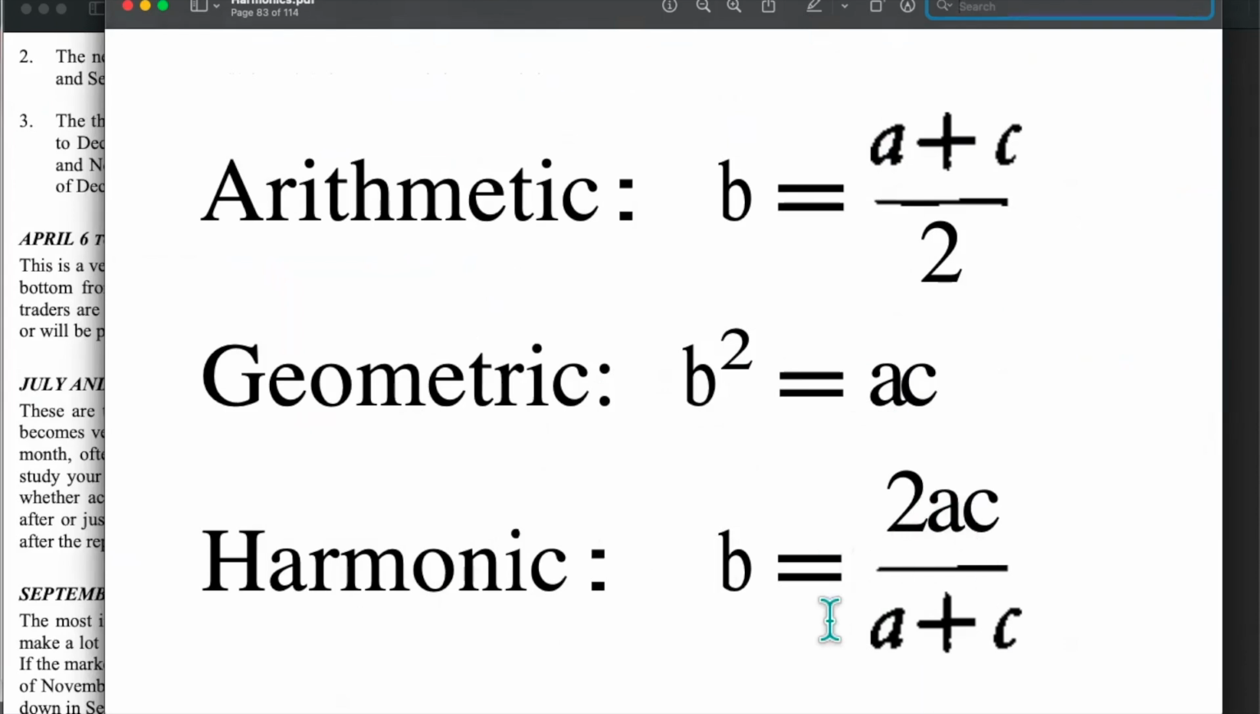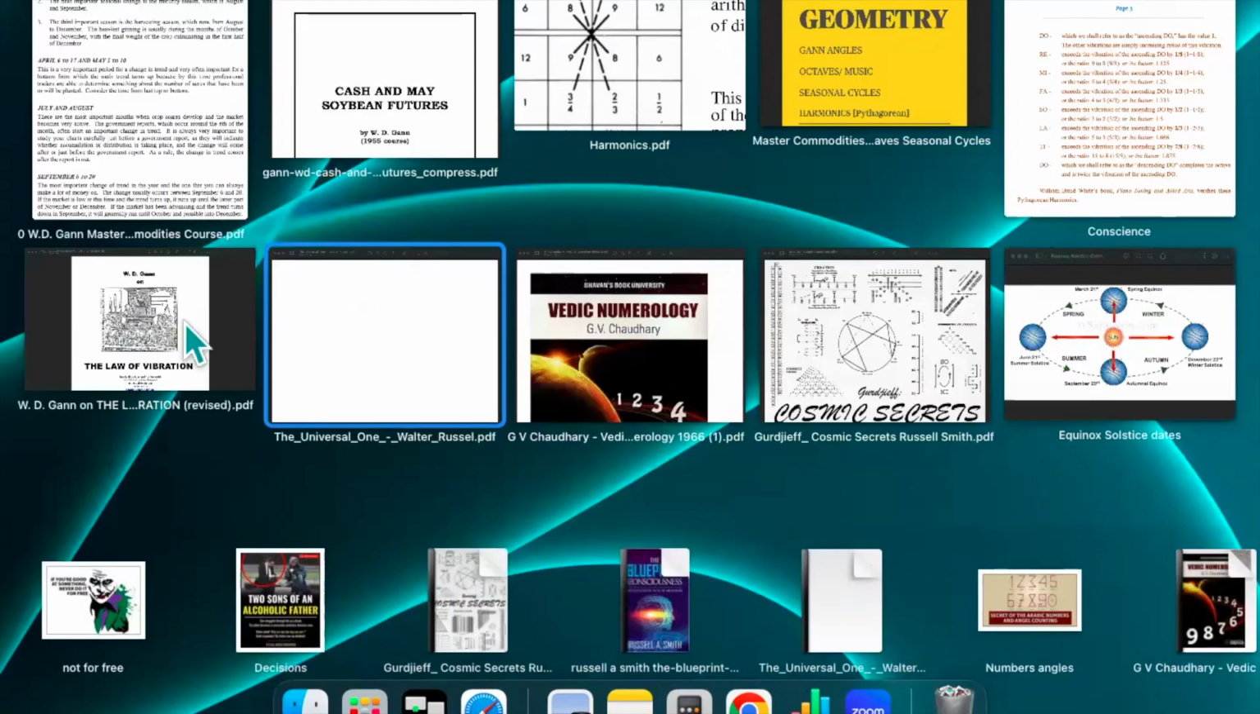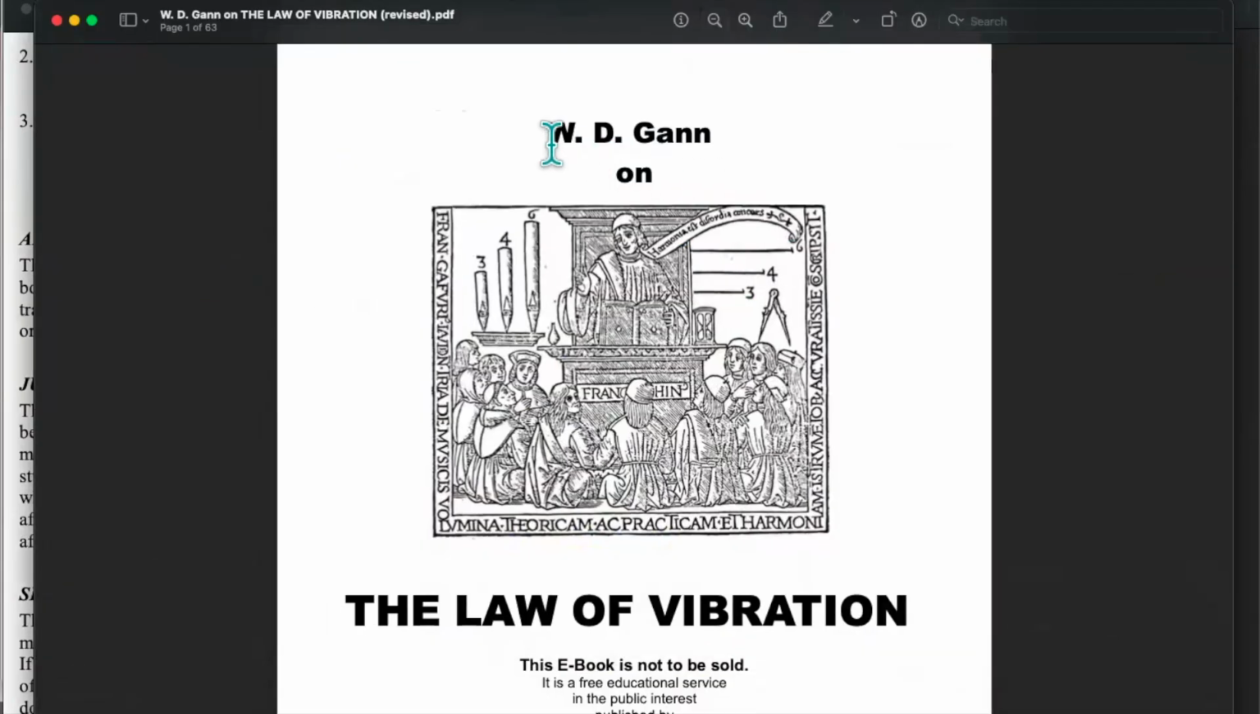This is how the formula is there. We'll get into the details of this part also. Now, why is this study of harmonics especially important, and why is the Pythagorean way important? If you look at the book, W.D. Gann on the law of vibration, and especially the front page picture which has been given,